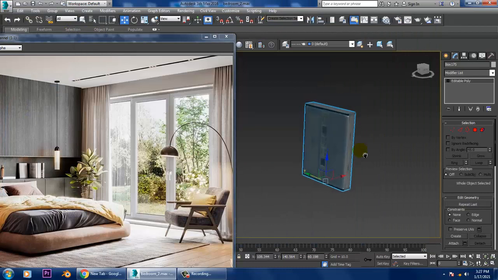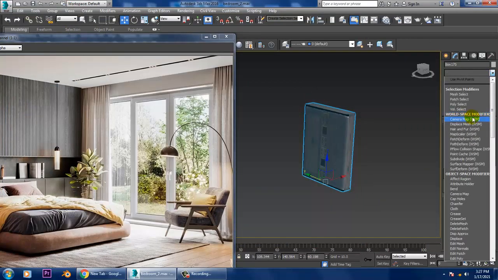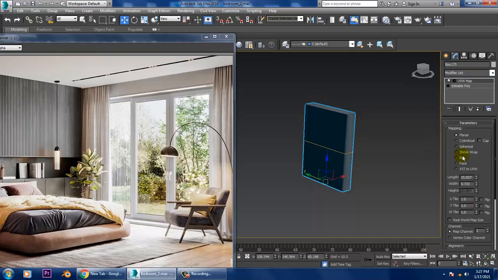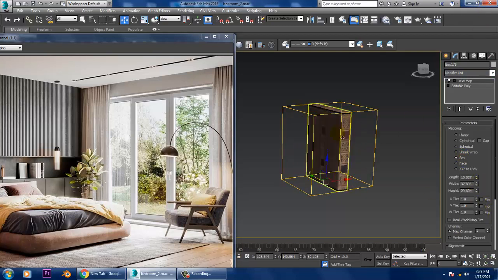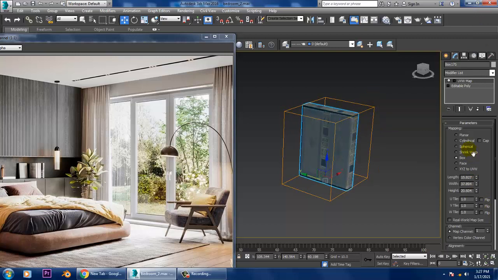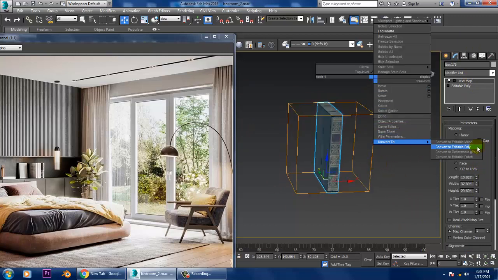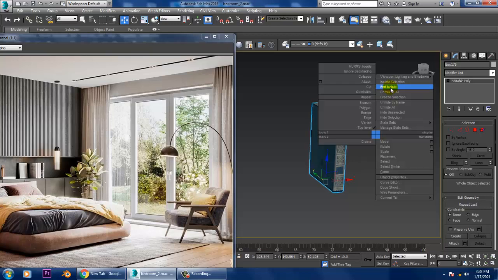We'll be assigning that. Let's give a UVW map, set it as a box, convert to editable poly and isolate.